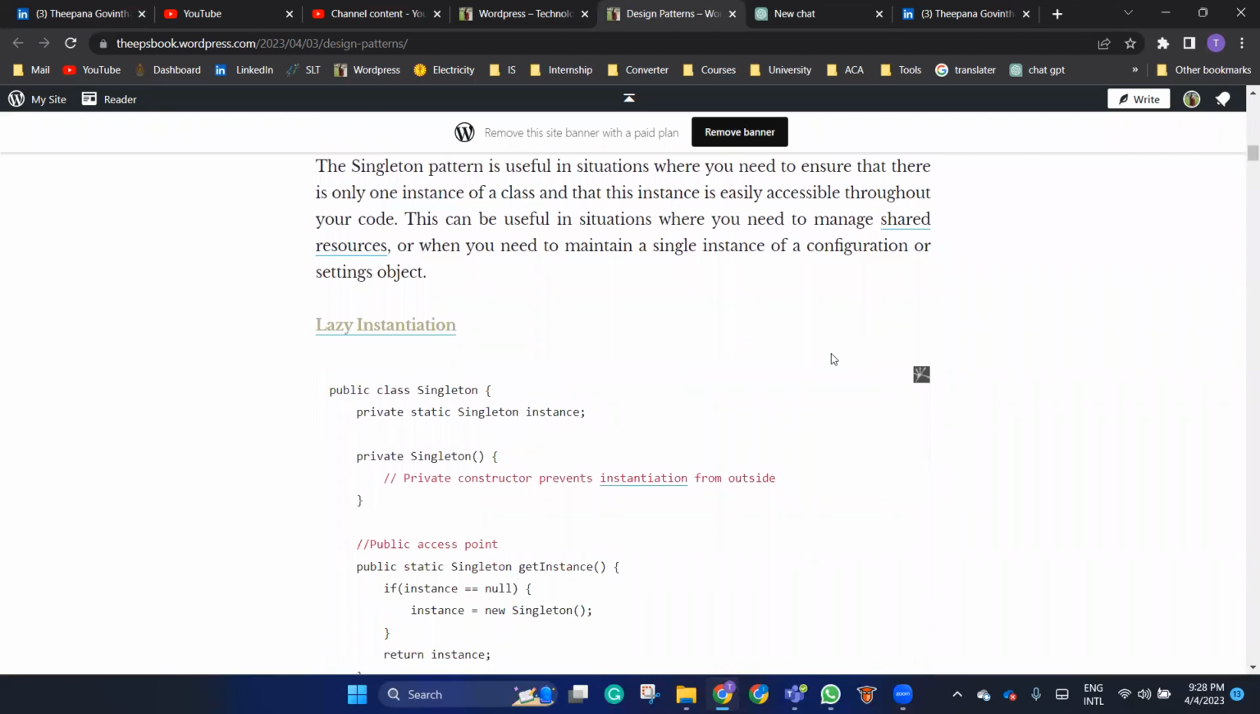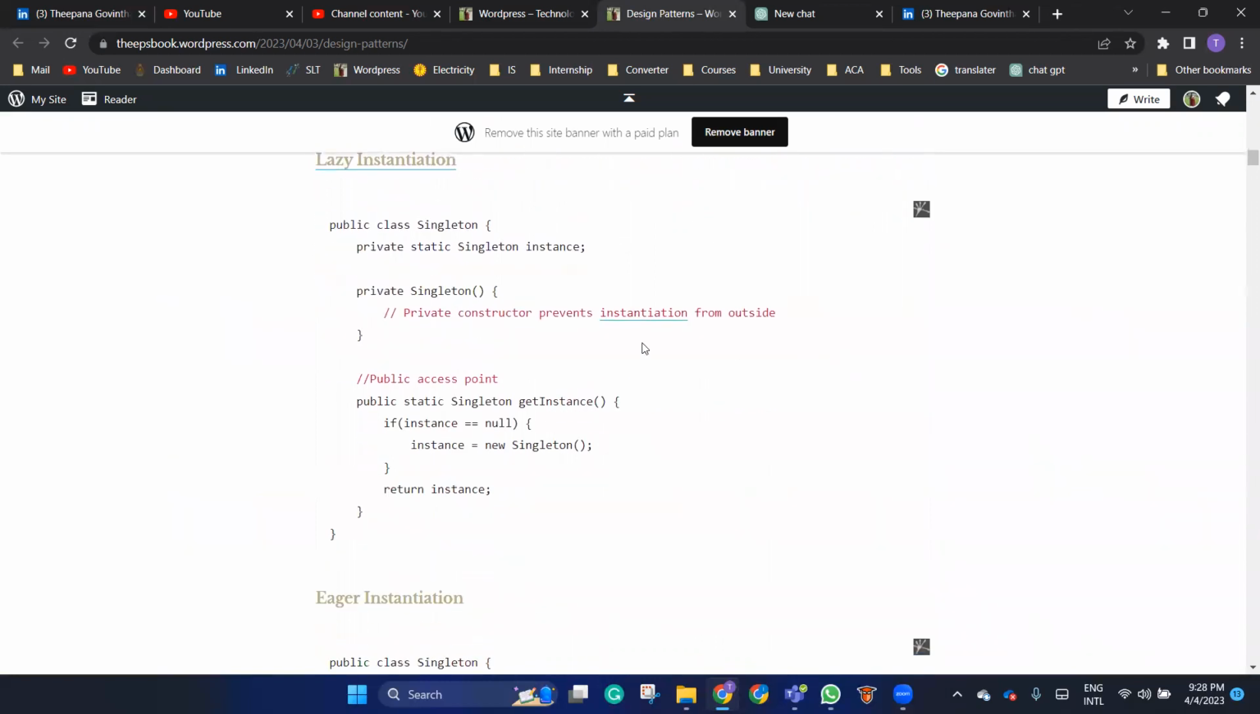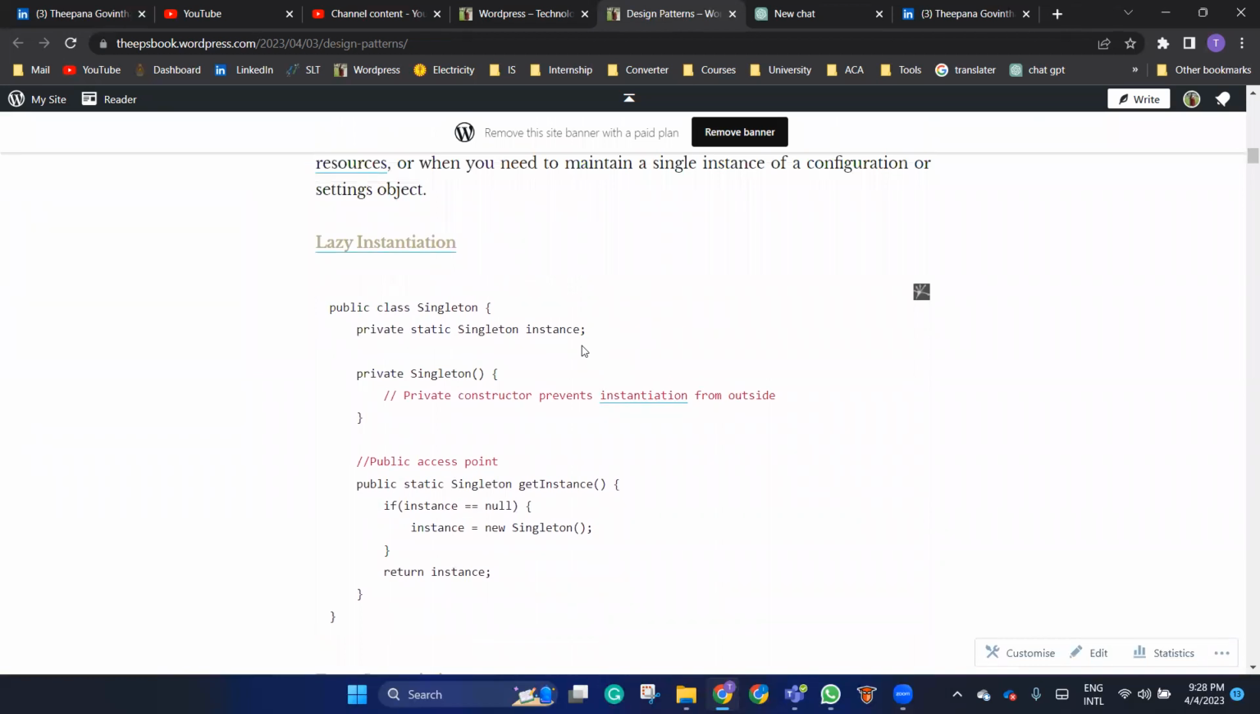In order to make the singleton pattern, you can use four different methods. These are slightly different from one another. First, let's see the first method. That is lazy instantiation. Lazy instantiation means in the class,